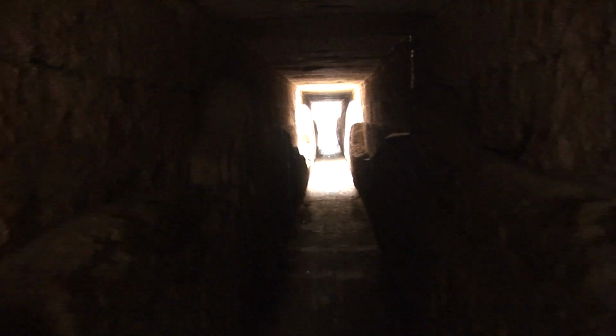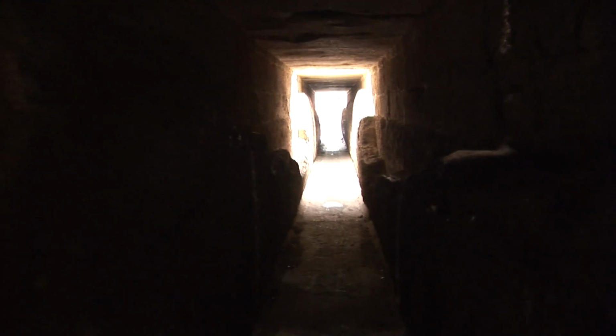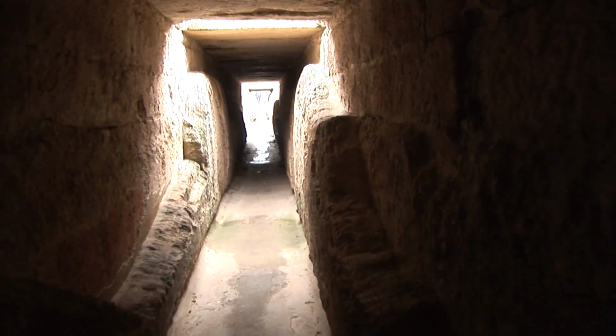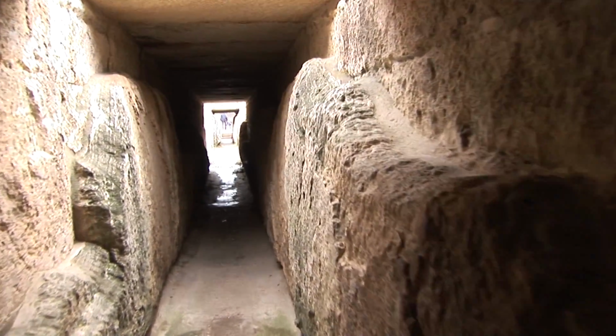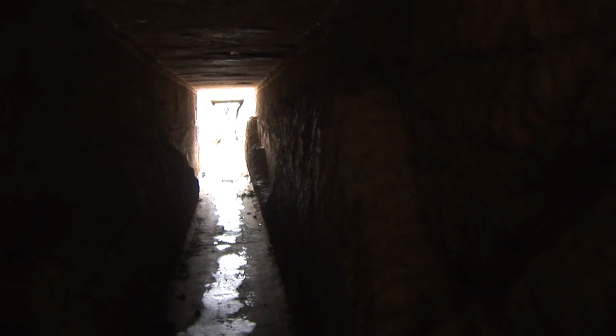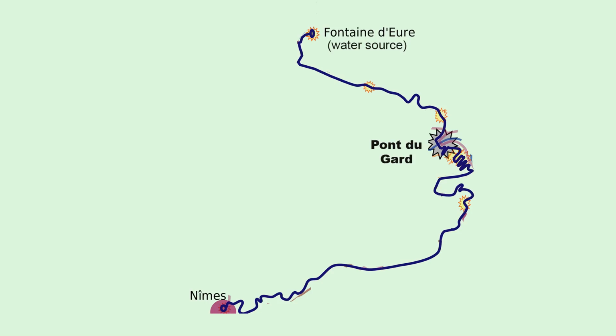You don't want the water to flow too fast, it'll wear away the structure, and you don't want it to go too slowly because then it stagnates. Just imagine the perfection of engineering that went into creating this long canal, in total length of just over 30